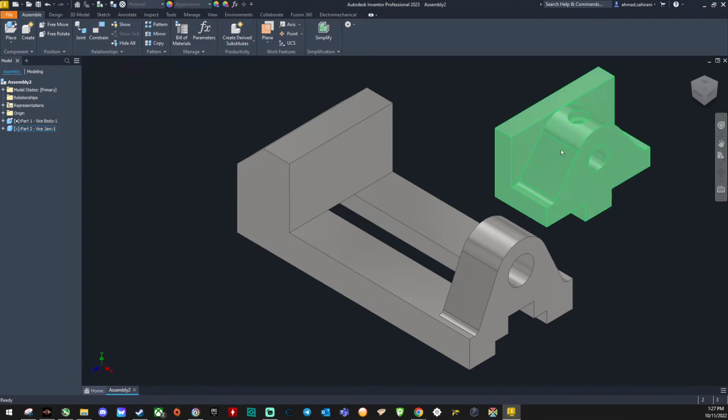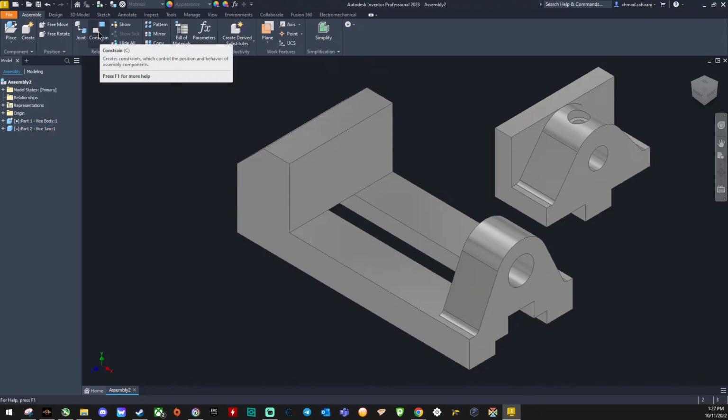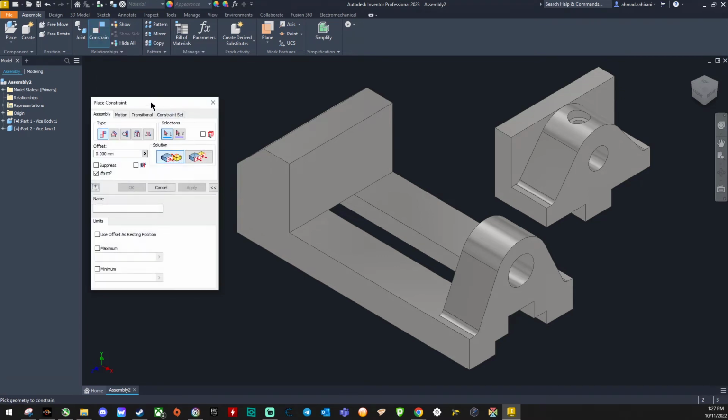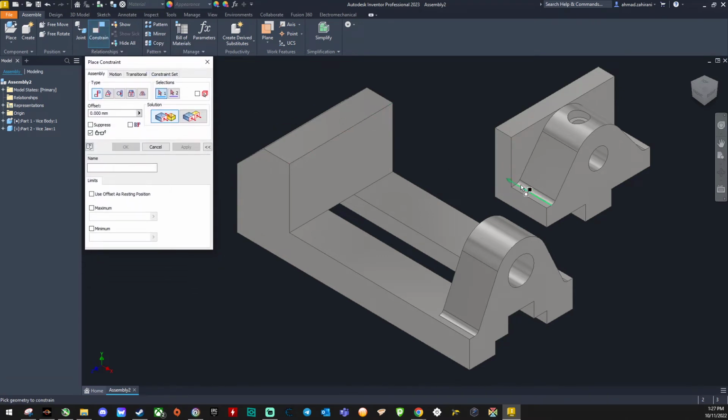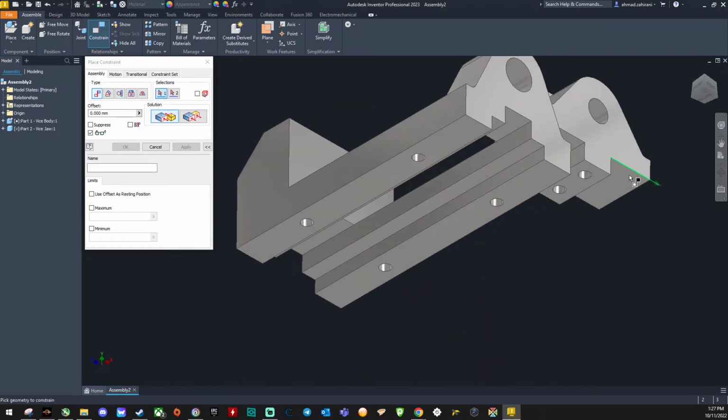Now we want to make sure that these two individual components are merged in a proper way. Using the function constraint, select constraint, and this is the function that we are going to use to make sure that both of these components are placed well within each other. Please focus on the function of solution. You have mate and you have flush. You can see the difference: mate is opposite, and flush is side by side to each other. Select the function mate, and then using this cube over here, go to the bottom and select this surface,